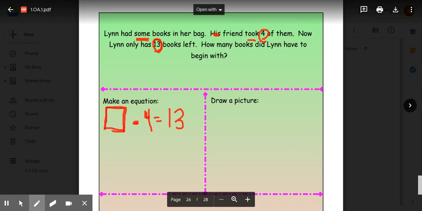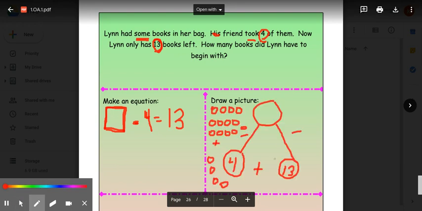This is my unknown. How many books she had to begin with? I don't know how many she had to begin with. I know her friend took 4 and she has 13 left. Now I want you to pause the video and draw a picture to solve your equation. Ready? Pause. Now for my picture, I drew a number bond because number bonds help me when the missing part